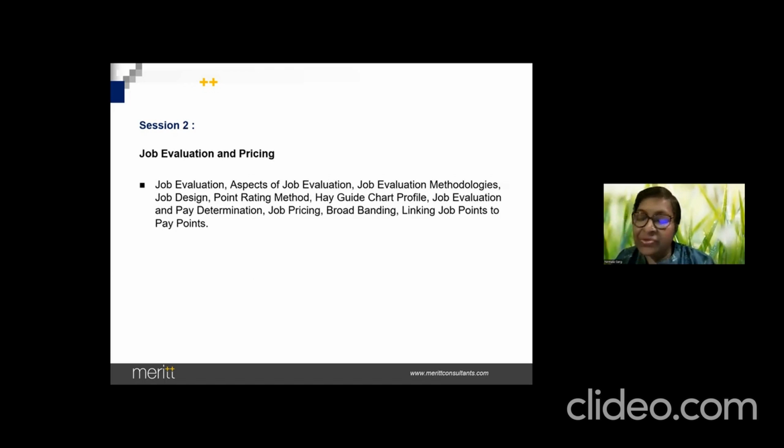In the second session, which is really the heart of the program, we're going to understand how organizations establish this internal equity, which is called internal fairness. Because you are all representatives of the organization. So we would be doing all about the techniques of job evaluation, and especially hands-on doing the point rating method, job grading method, and how do you really predict salaries, how do you design the base salary.